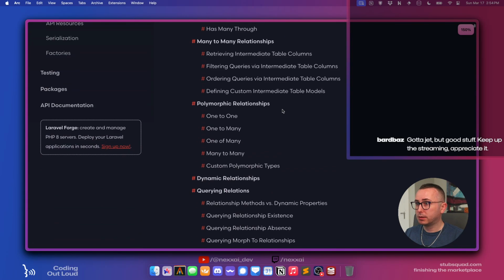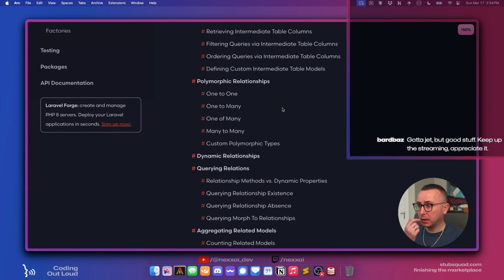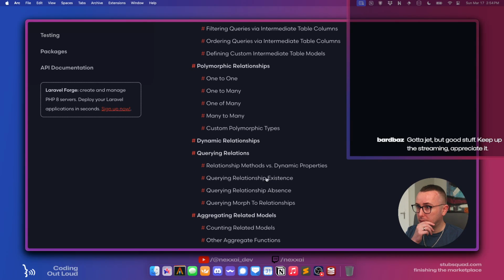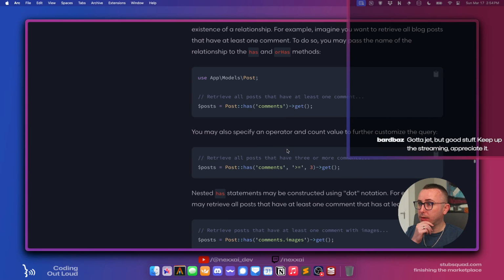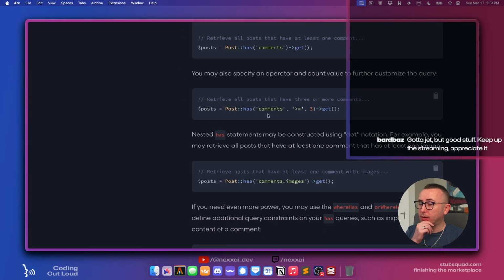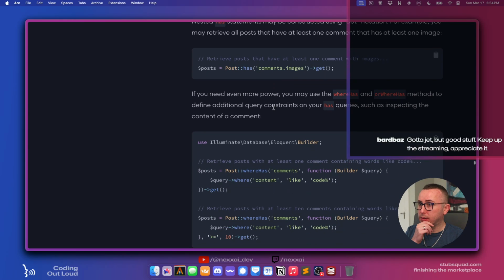Okay, so querying. That's not going to get us where we need. Use the whereHas. Okay, so this is kind of what we're looking for.